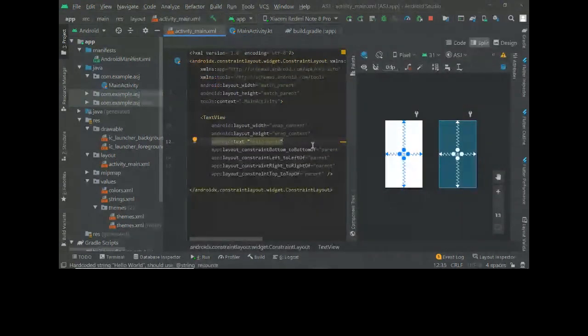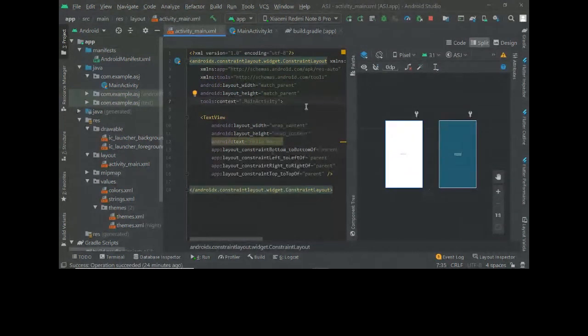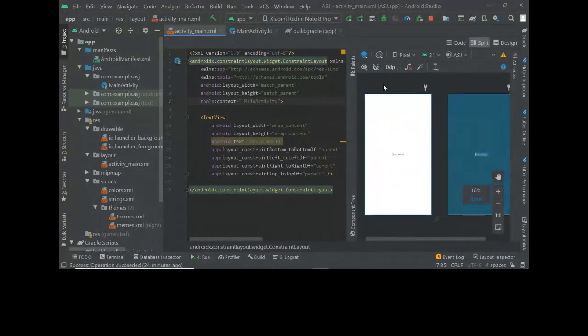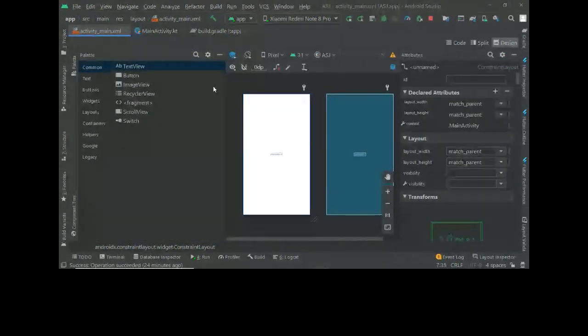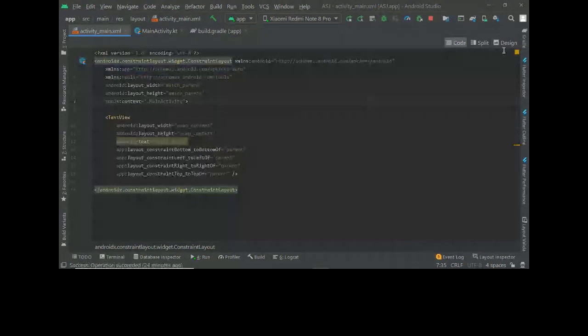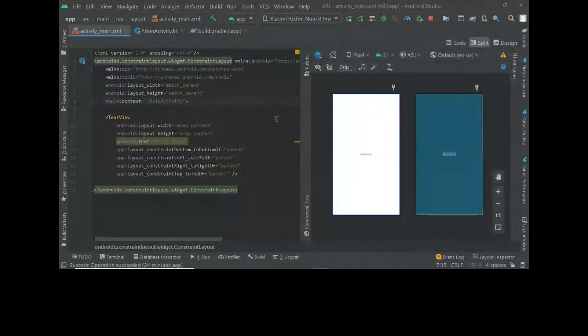So this is the UI part. As I told you last time, this is written in XML. I'll explain what's written here. This is a screen, your mobile screen. Whatever you write here, you can check how it appears on the screen. If you want only design, you can click here and only see the design part. If you want only code, click this one, and if you click on split, you can see both of them.